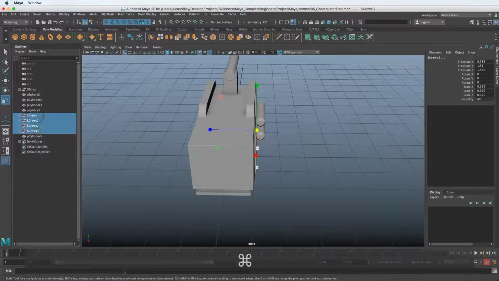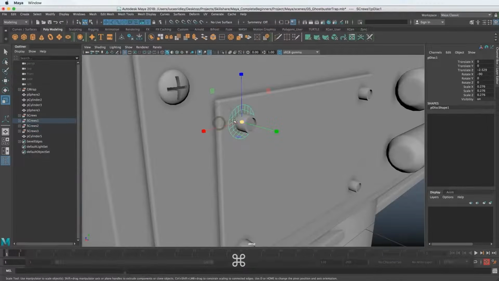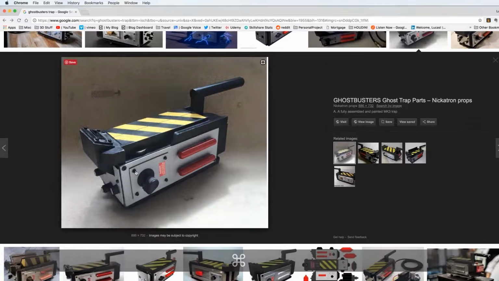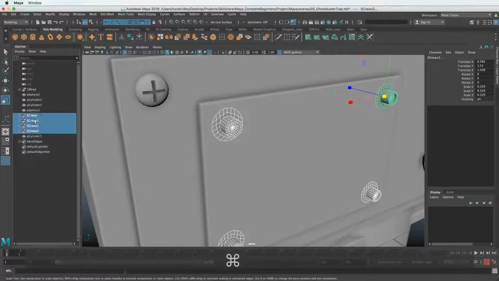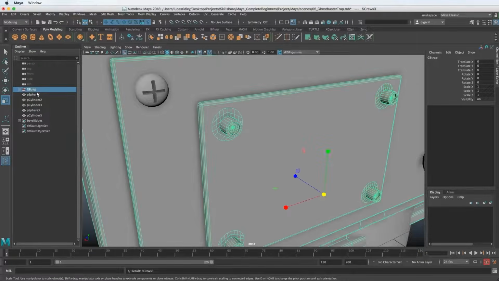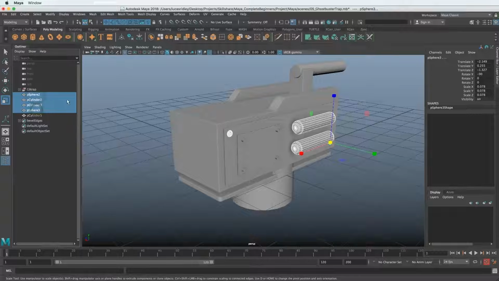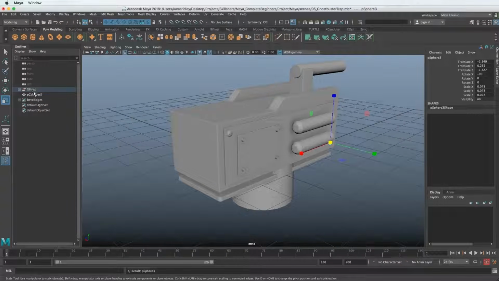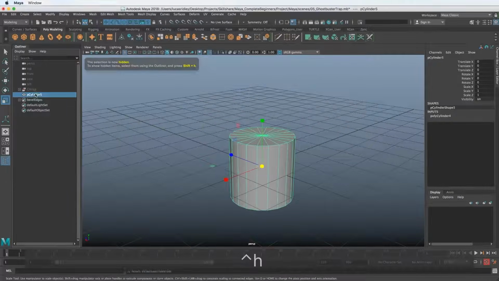And I'm also going to group, you can see these screws also have these black pieces, or what are going to be black pieces, if you can look at the reference here. So I included those as well, and then I grouped them. So I'm going to just middle mouse drag, shift selecting everything and middle mouse dragging that into the main group, GB Trap. And we can do that with everything else as well. Let's just shift select everything that we're not currently modeling and middle mouse drag that and let go over the main group. So now we can select that and hide it with Control H.